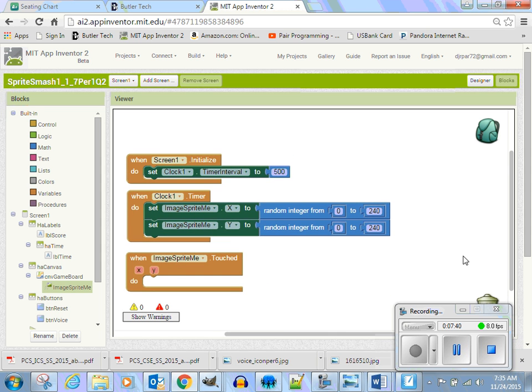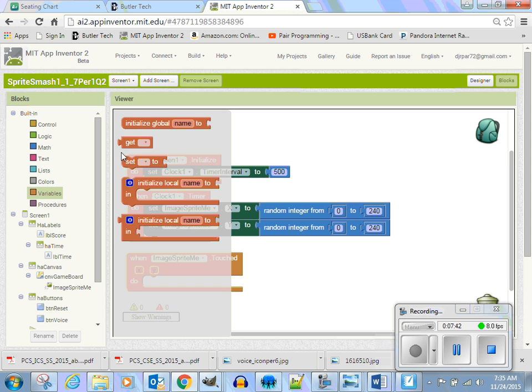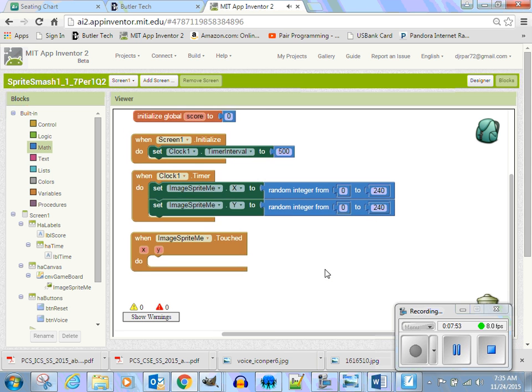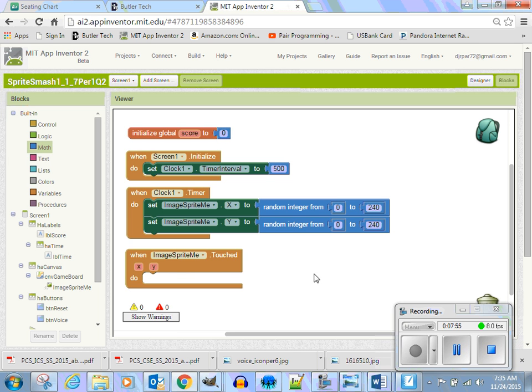Well, now we need to create a variable called score. So you're going to create a variable called score, and you're going to set that score to mathematically a 0. And then you're going to come down here and you're going to say if the image sprite is touched, then